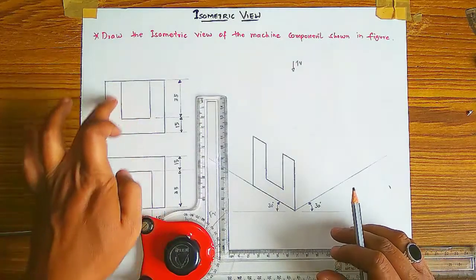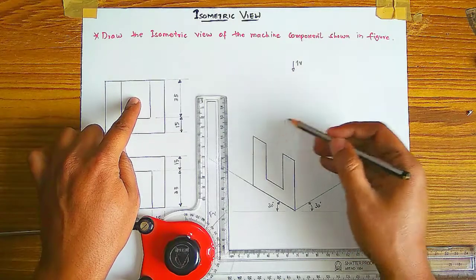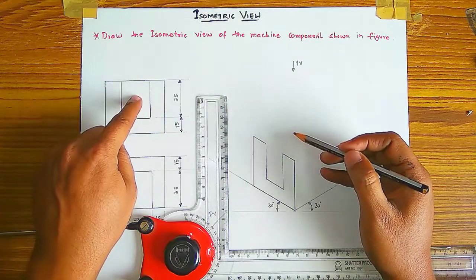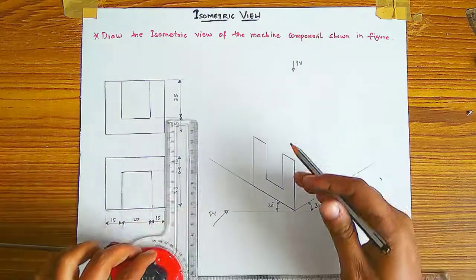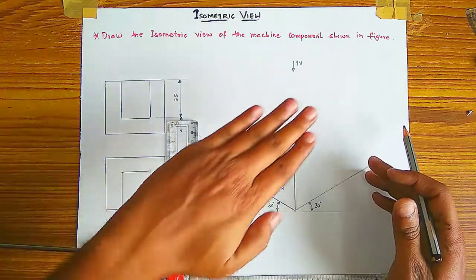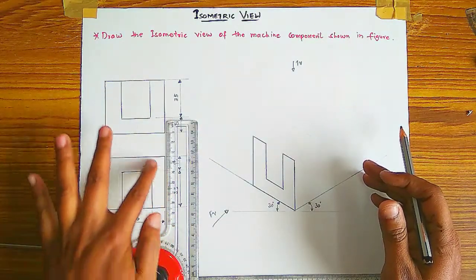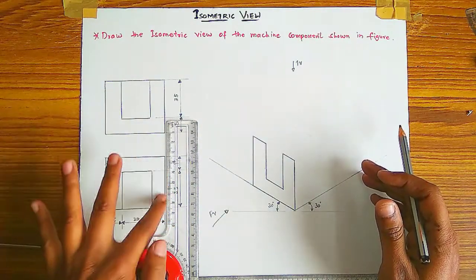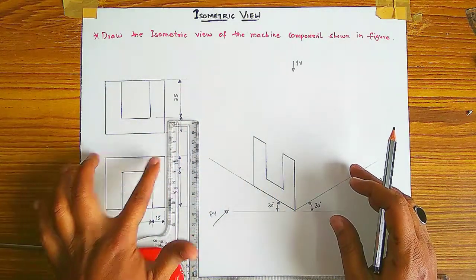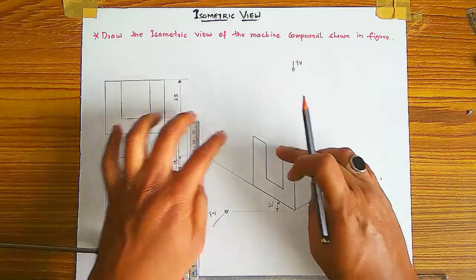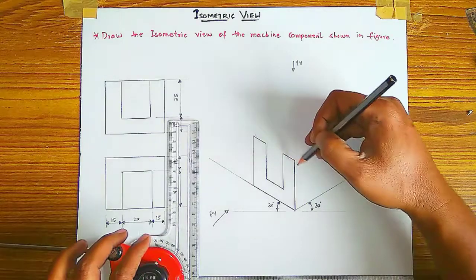Now from the front view, this U-shaped section I have drawn. The remaining square we will get after drawing the top view. So now we have to draw the top view, that is, from the front view, if you stand here, we have to draw the top view. In this box, the lines you have, those lines we have to draw. The total top view width is 50 mm only, so automatically we will have 50 mm, that is 15, 15, 20, 15, 15, and this is 20, 50 mm.